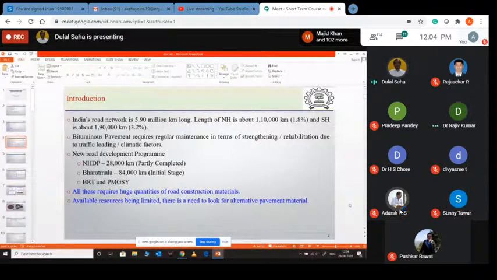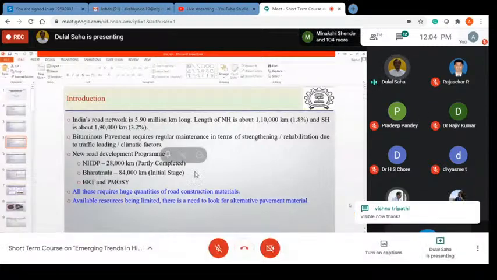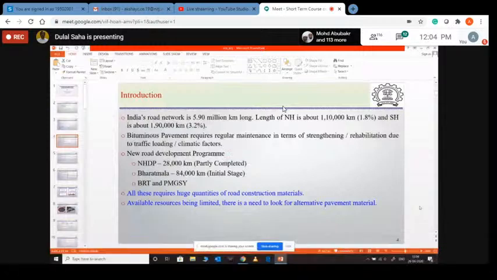Yeah, thank you. So as I said, we have a huge existing road network, and we have a lot of planning also for road construction in India. And in this huge road network, the majority of the roads are bituminous pavement, and bituminous pavement needs repair and maintenance on a very regular basis. And these repair activities and maintenance activities